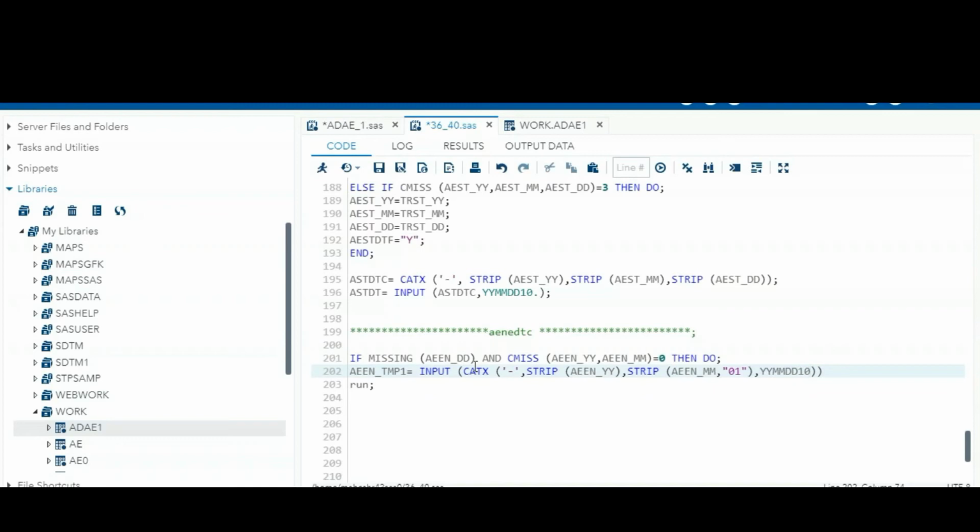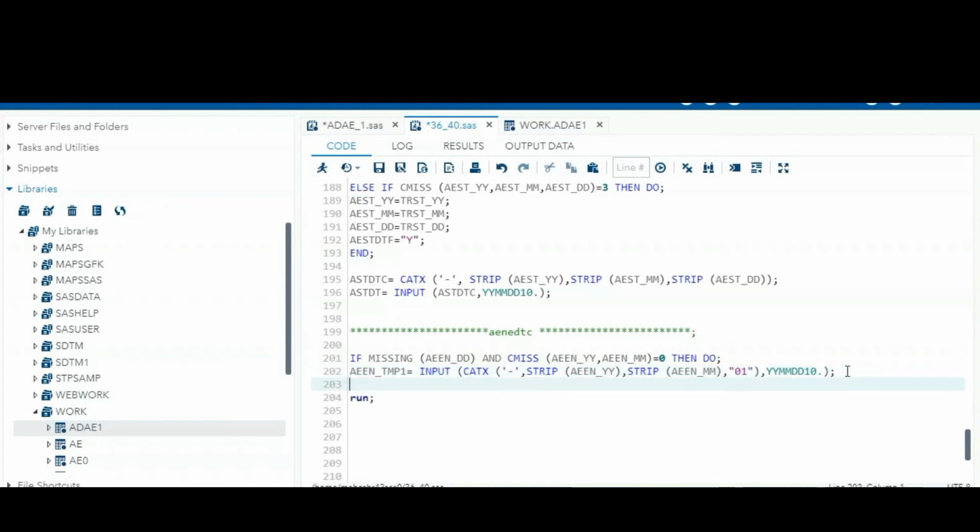YYMMDD10. So check how many open brackets, 1, 2, after CATX, open and close bracket and open and close bracket, and 01 and only 1.